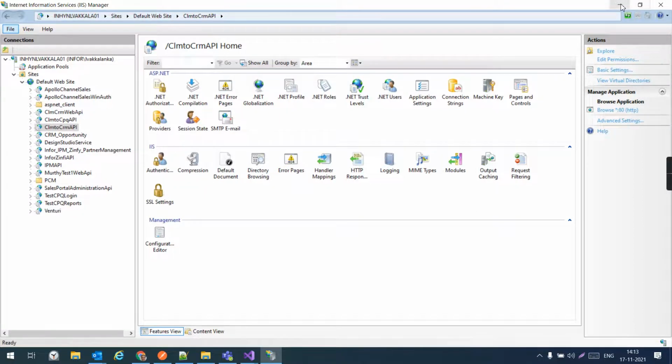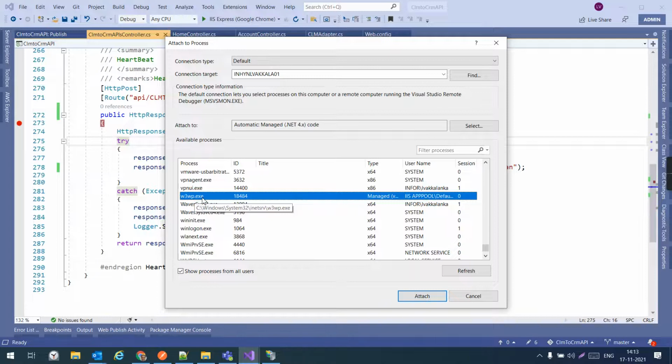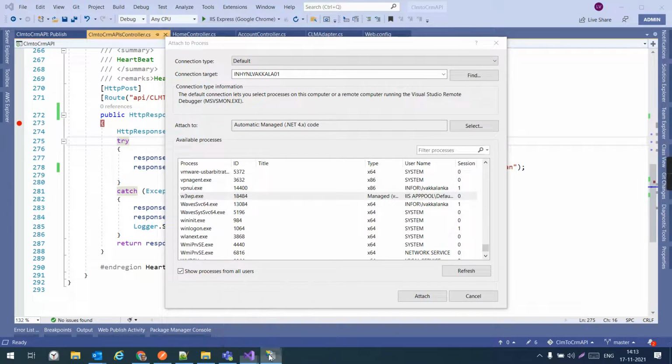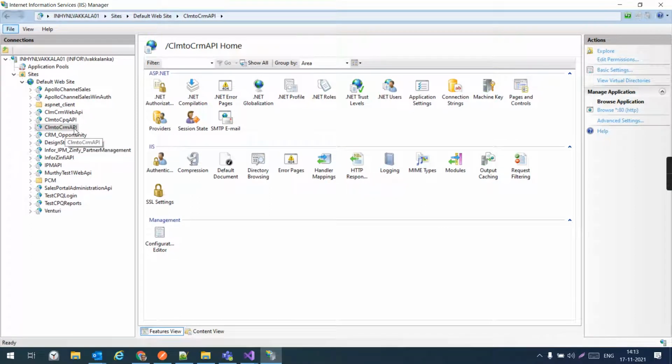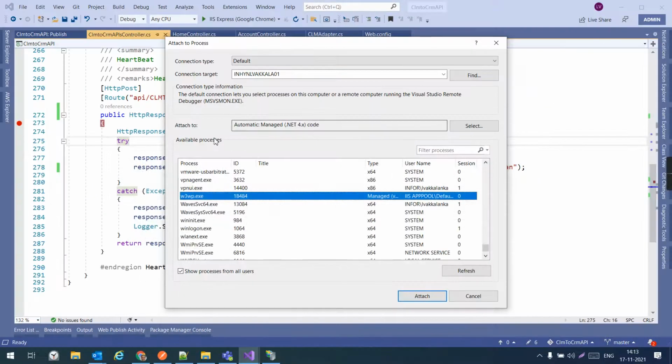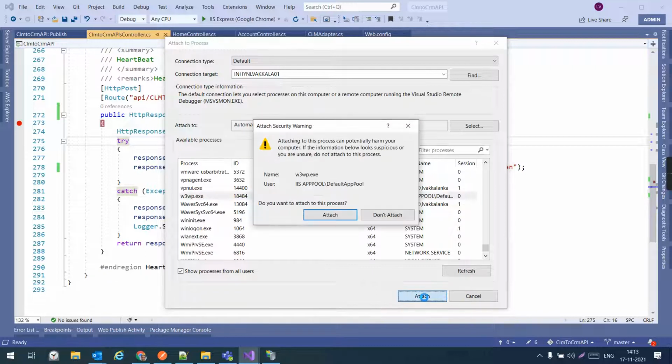Until then you are not able to see this w3wp.exe. So this is the important step which you should not forget. Once you publish your API to IIS, just click on this application and click on browse. Then you can attach the process to the debugger. So select this w3wp.exe and click on attach.